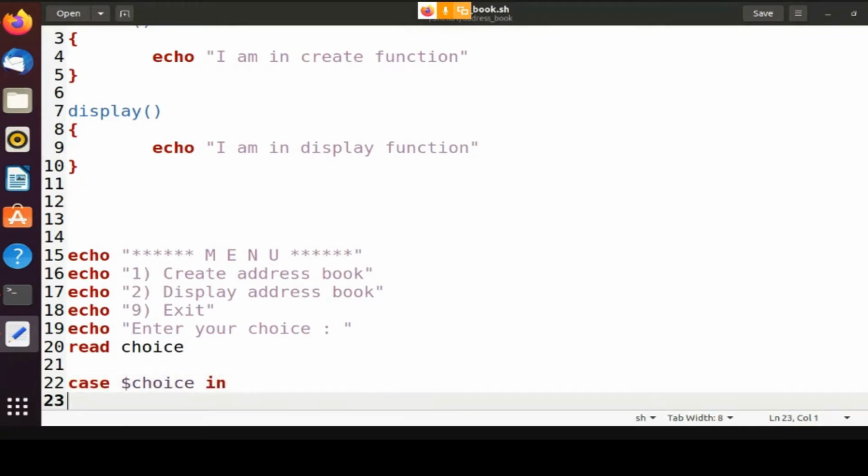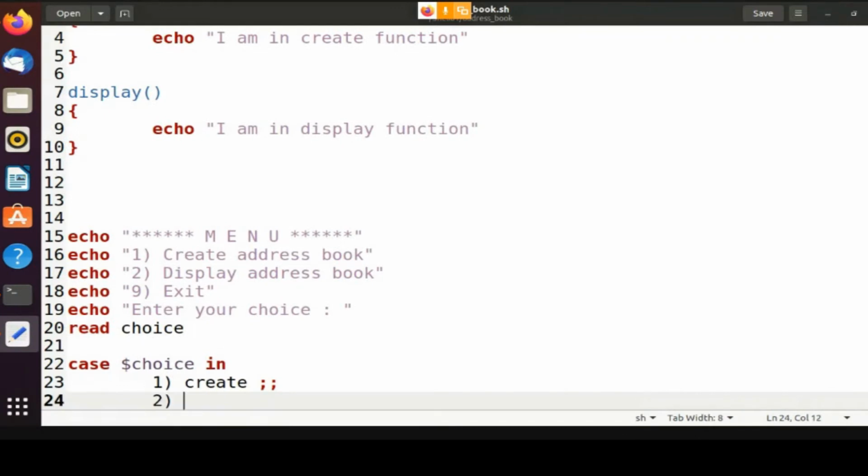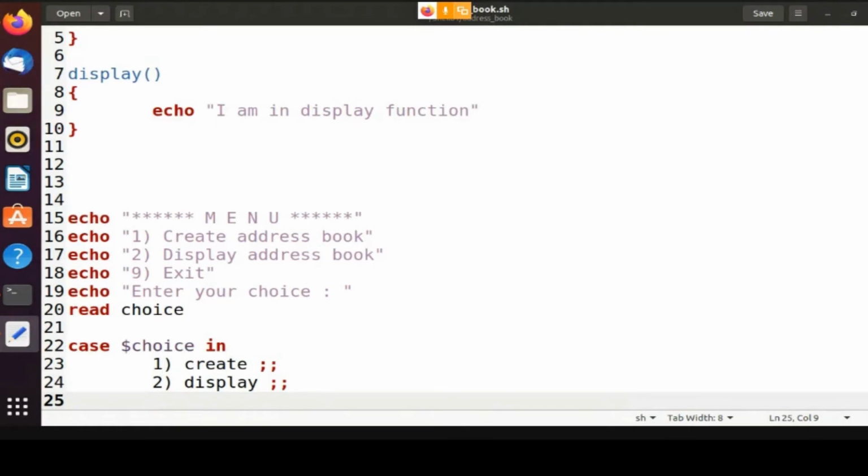What is the syntax of that? Case $choice in, and do we have a do command? No. So here, if it is 1, then I'll go to create, if it is 2, then I'll go to the display function, and if it is 3, I'll exit.